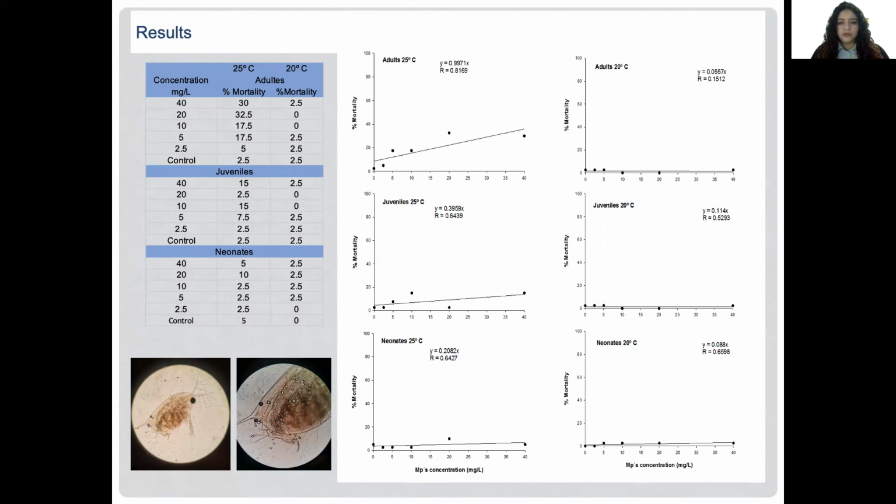With regard to temperature, it can be observed that it is a parameter that greatly influences the feeding behavior of this species, because an increase in temperature accelerates the metabolism of the organism, causing an increase in the filtration rates. An increase in the filtration rates increases the probability of encountering microplastic particles, and it could lead to an adverse effect on survival.